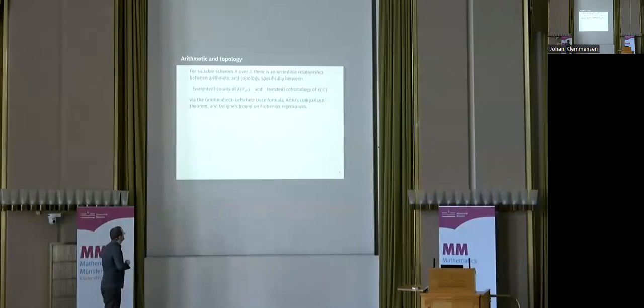Let me give you an example of what this might look like. An example of the first step is, roughly speaking, the following. The number of solutions over F_q of some system of equations is given by some regularization times the alternating sum of the trace of some maps called Frobenius on the étale cohomology of the object that you're looking at. So that's basically what I've called the Grothendieck-Lefschetz trace formula.